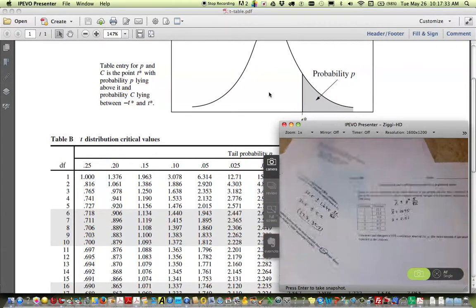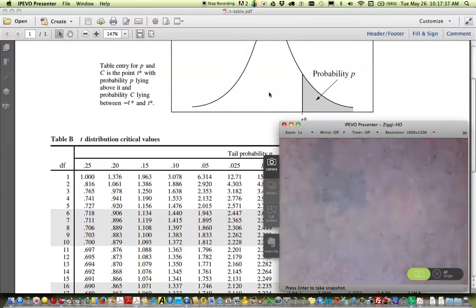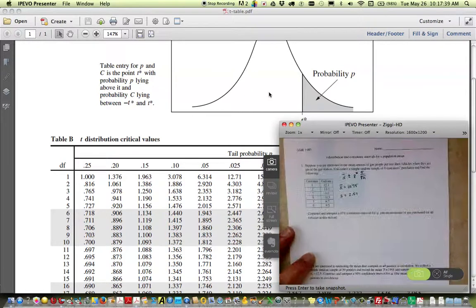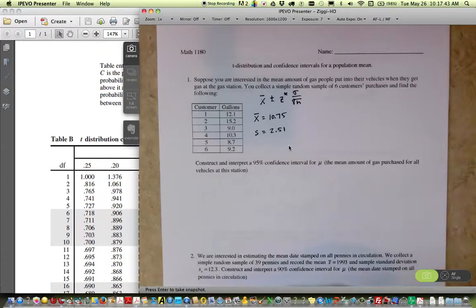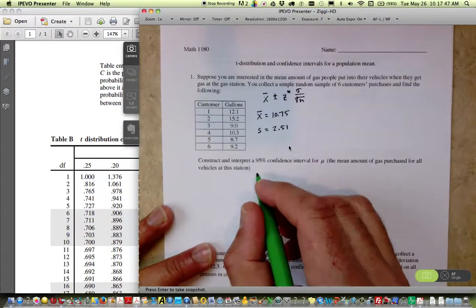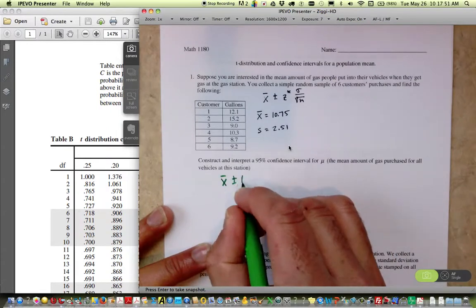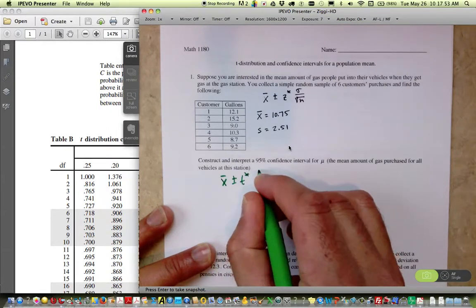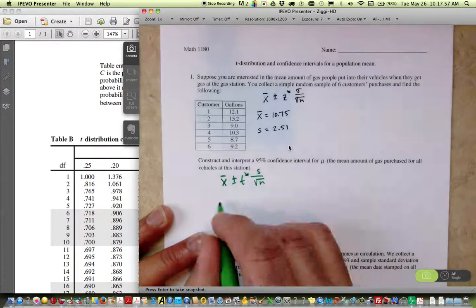Okay, so this was our original problem. Let me make that big again. Construct a 95% confidence interval for mu. Our confidence interval is going to be x bar plus or minus t star s over the square root of n. So our x bar was 10.75